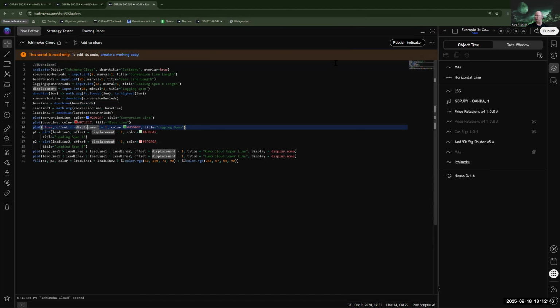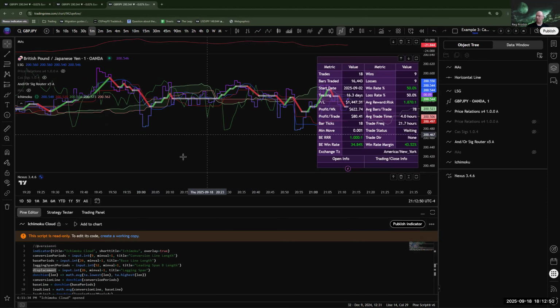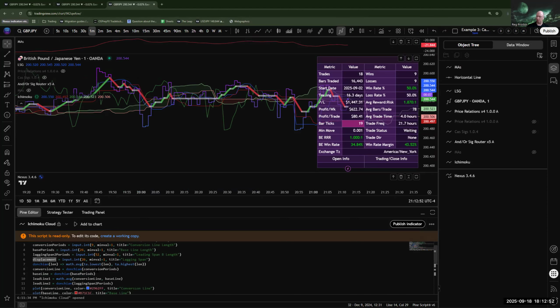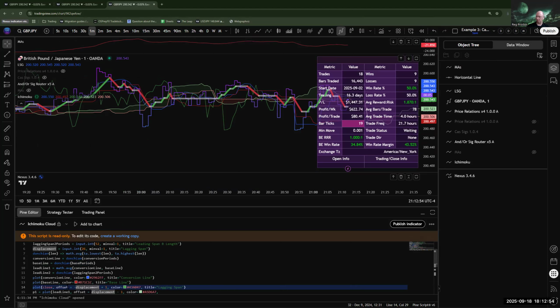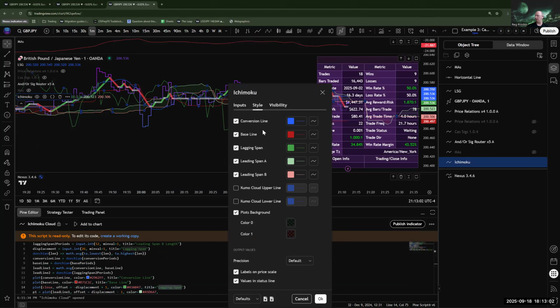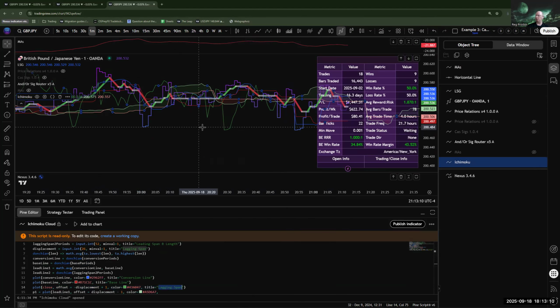So that negative number visually shifts that particular output, and the one it's on is the lagging span. So if you look at the lagging span here, if you try to pick that number up, it will not be in the same place in the code